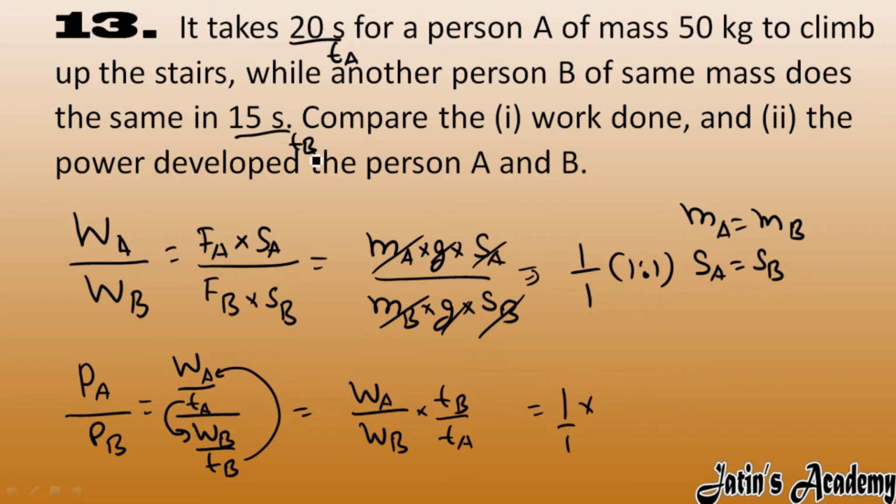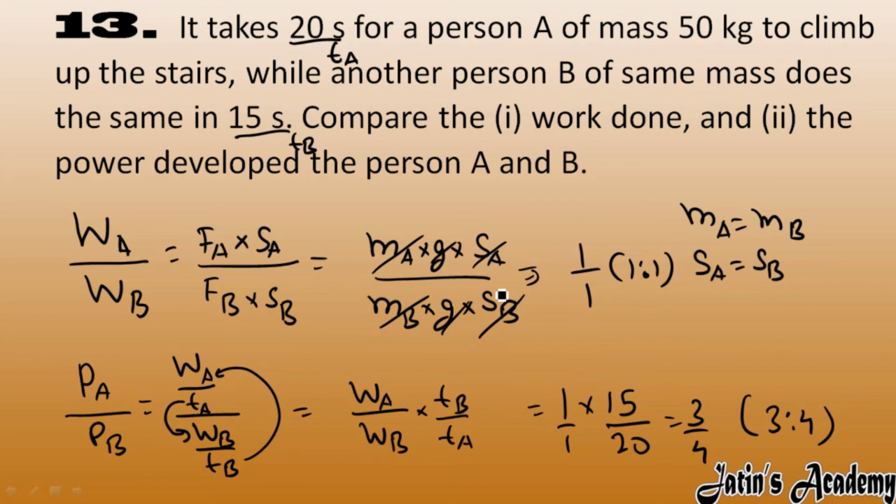Time taken by B is 15, and time taken by A is 20. So here we got 3/4. So the power ratio is 3:4. In this way we can directly compare the work done and the power developed by person A and